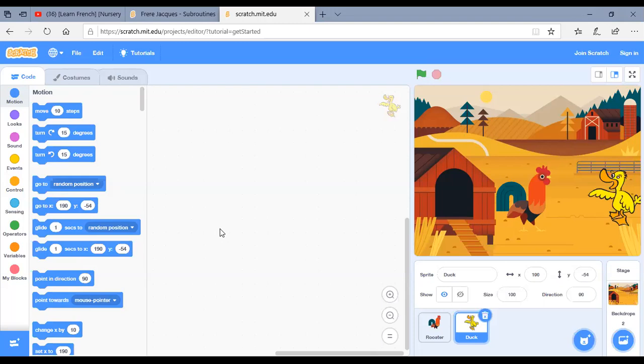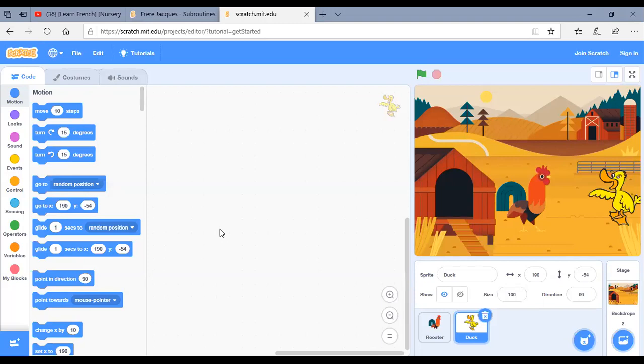What is our problem? The rooster should go near to the duck. That is the problem. And that problem should have an algorithm, which is a series of steps. So we'll see what the series of steps are, and every program should start with a starting point, a trigger we call it.